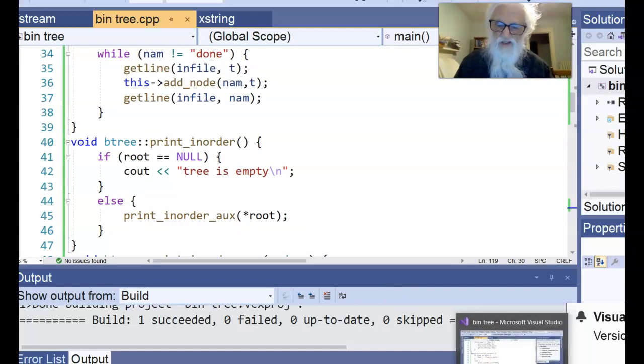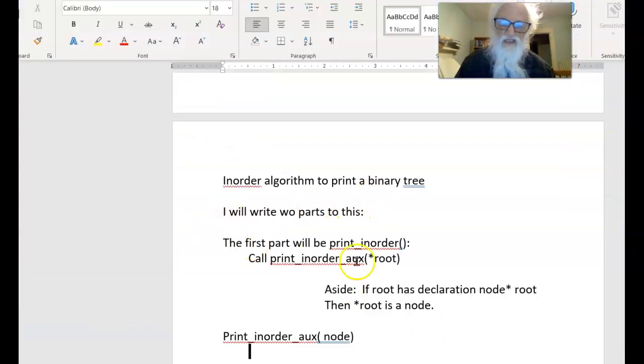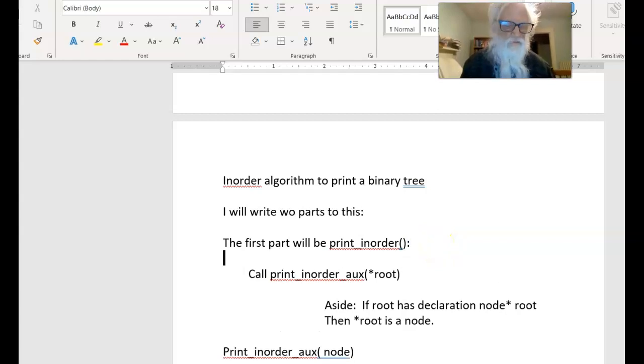I really should have done it right up here, to have a base case. If root is null, print empty tree. Else,